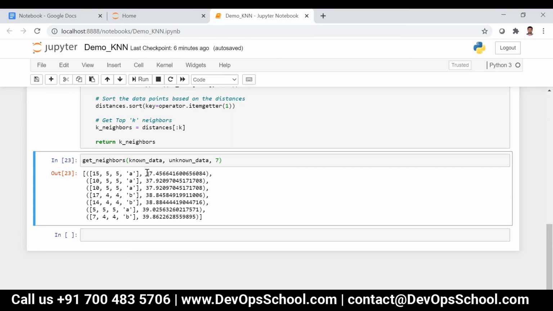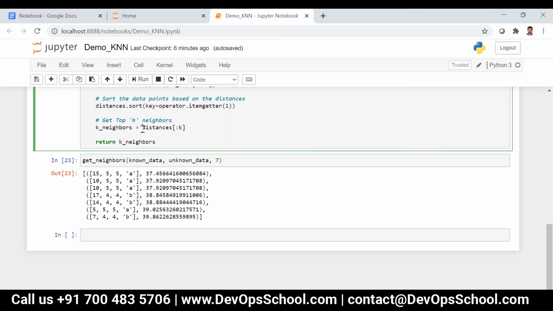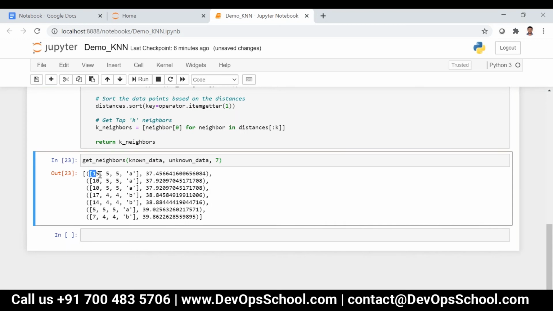So in that case, I can say for neighbor in distances of :k, I can just retrieve neighbor of 0, because I am interested only in this, not in the distance.